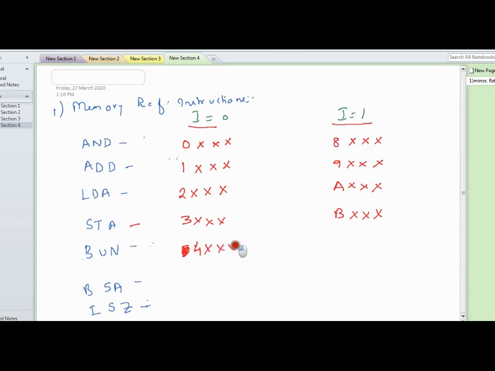For branch and save return address, if it is in direct addressing mode, we will give the address like this.